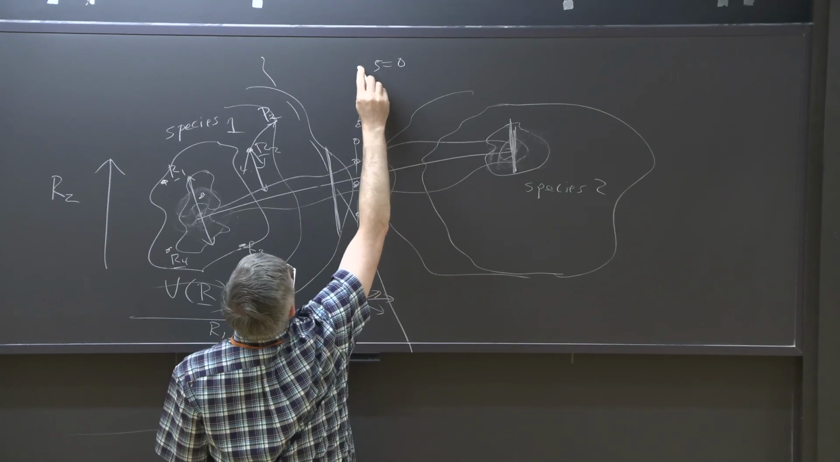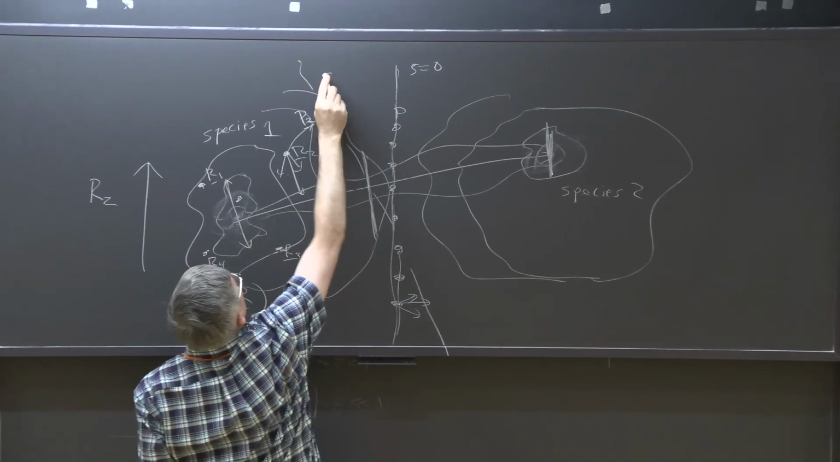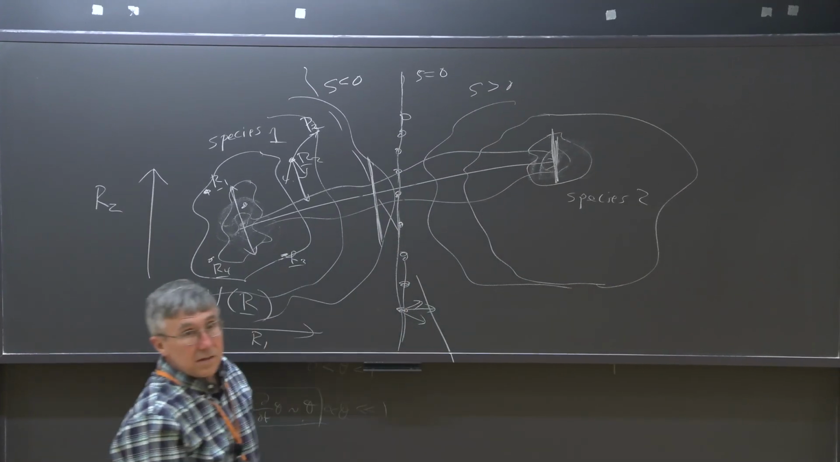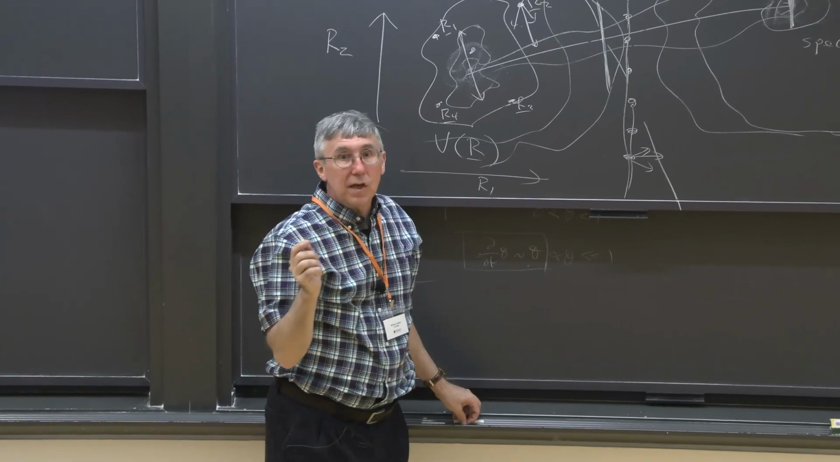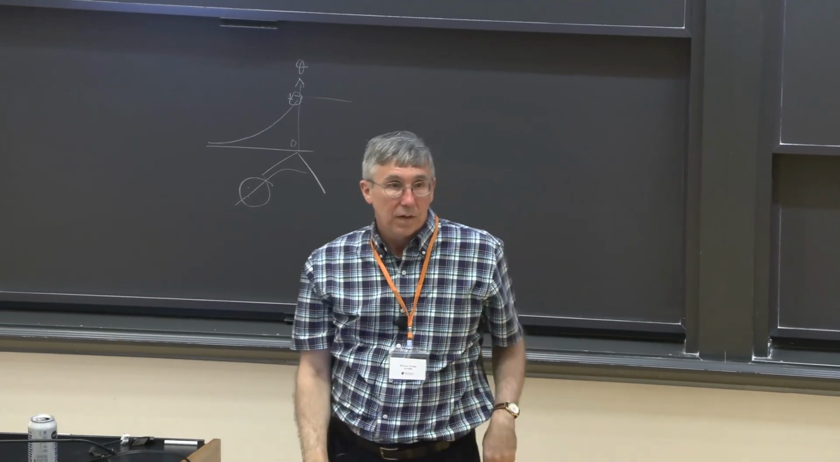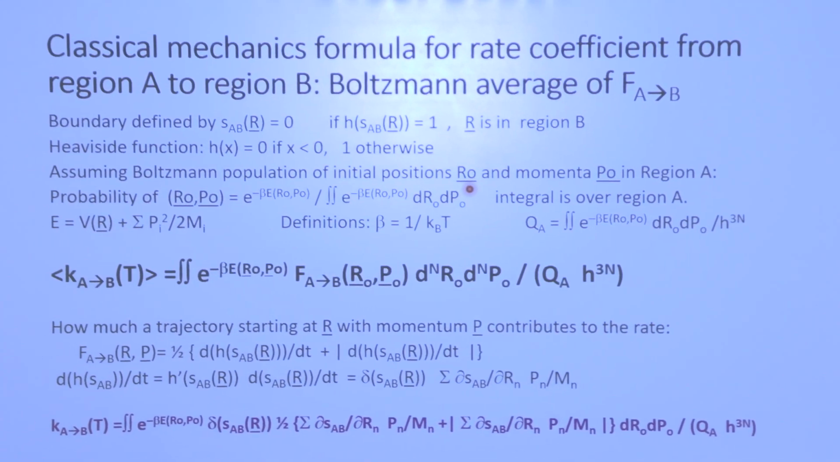S equals 0 on this dividing surface. Over here, S is less than 0, and over here, S is greater than 0. Now I have a scalar that's telling me whether I'm species 1 or species 2. All right? And then if I assume the Boltzmann population of all of those momenta,